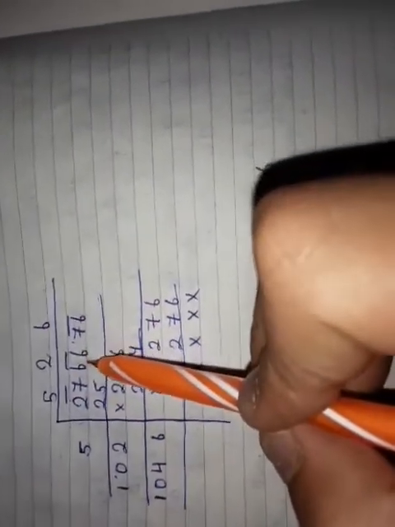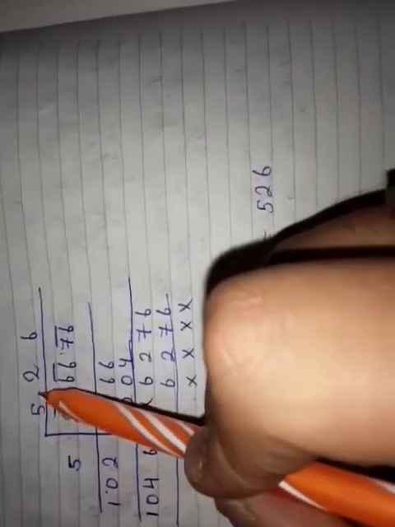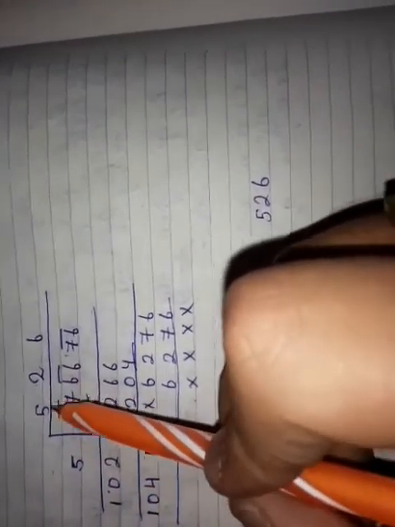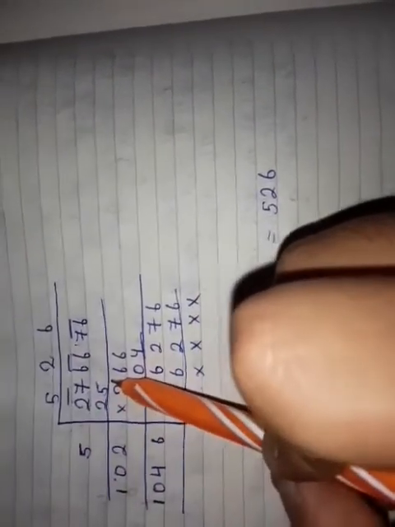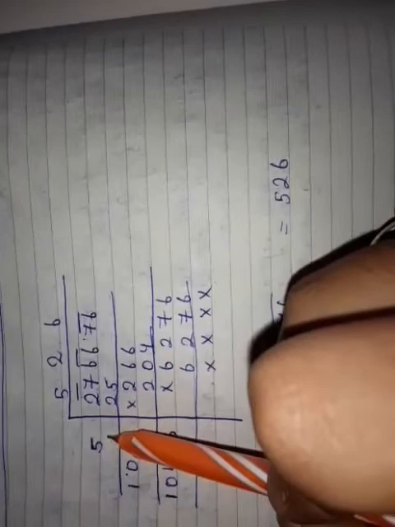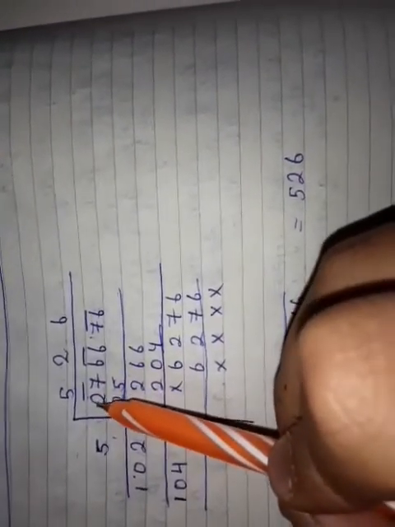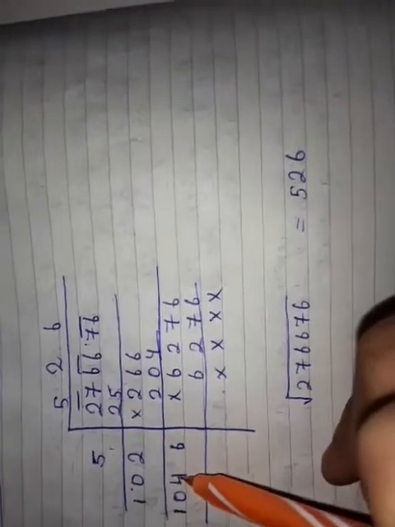Whichever number will be taken as the divisor, the same number has to be taken as the quotient. You have to multiply both, and whichever result you will get should be written here and subtracted. I have done here. I have taken 5 as the divisor, and the quotient also will come 5, as I told you, same thing. 5 into 5 gives 25. 25 is less than 27, right? And we subtract, 27 minus 25 gives 2 as the remainder.